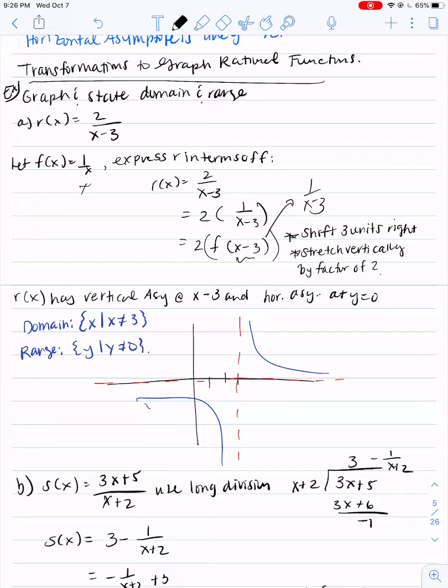And then we have 2 times f of x minus 3. So that means we're going to shift 3 units to the right and stretch vertically by a factor of 2. So we can see that r of x has a vertical asymptote at x equals 3 and a horizontal asymptote